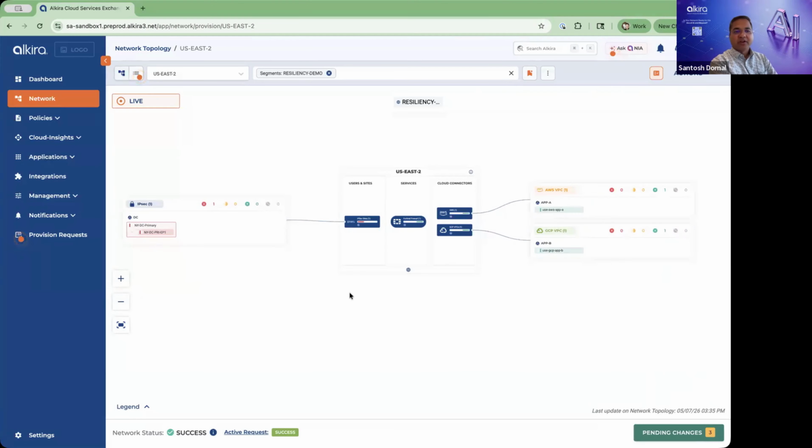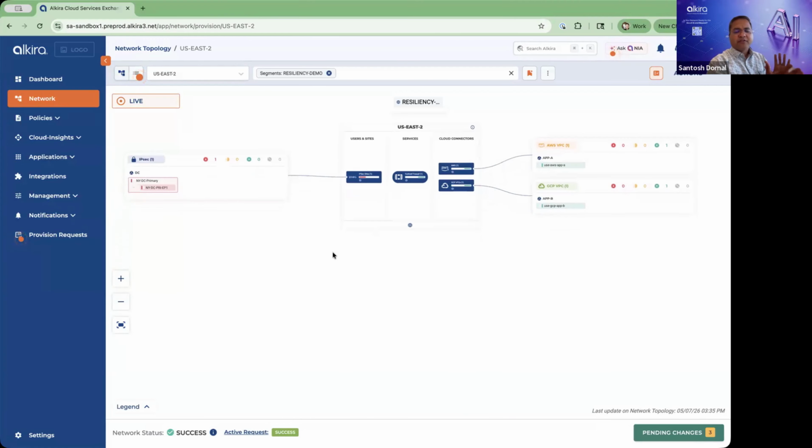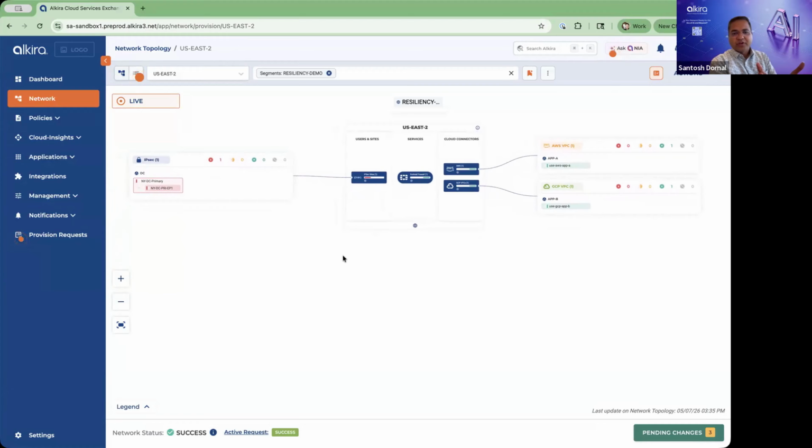And the customer was able to reroute, because if you look, Syed, you're showing one part, but there are so many bells and whistles and so many features built around disaster recovery and resiliency in Alkira. You can do it using routing, you can do it using tunnels. There are a bunch of ways you can configure it. I think the customer had configured the backup region in case of an entire region failover, and the backup region was just working fine, but the whole region would show up as red for him on the UI.